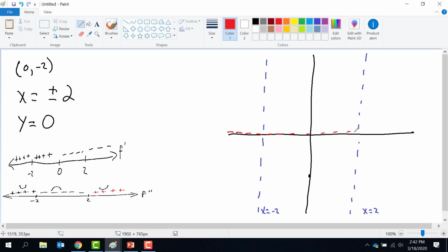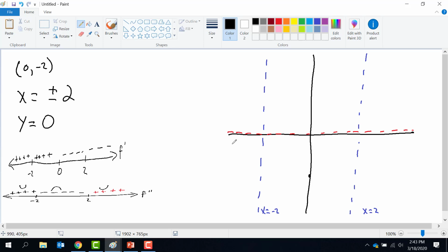And what that tells you is that as you move further and further to the right, your graph gets closer and closer to this horizontal line. Okay, so now we can use that information to make our graph. So we'll start on the left over here. Our graph is increasing from -infinity to 0, and since it's increasing over here on the left,